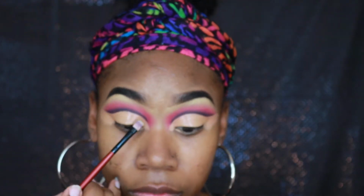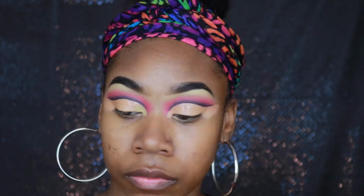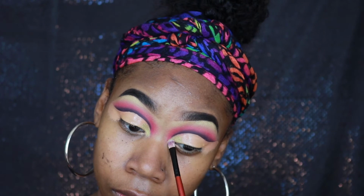But I'm going to go into my Saharan palette, and I'm going to take a gold. So I'm starting off with a gold. It's like a dark gold shimmery eyeshadow. So I'm going to pat that on first